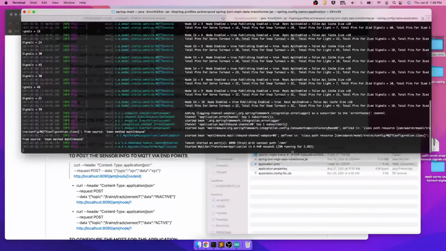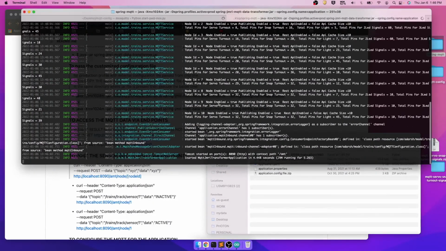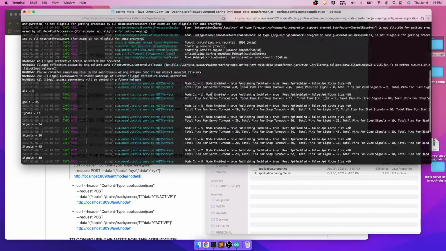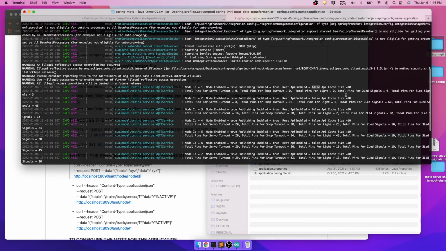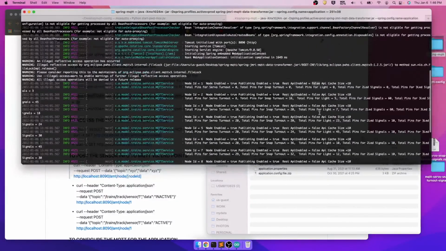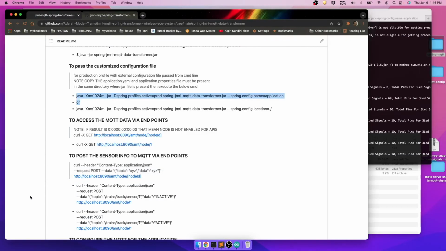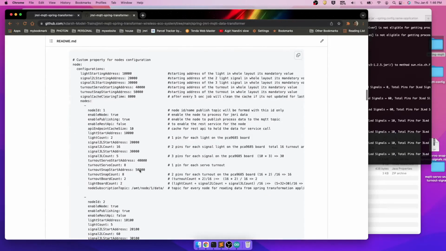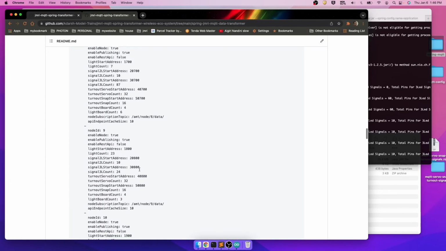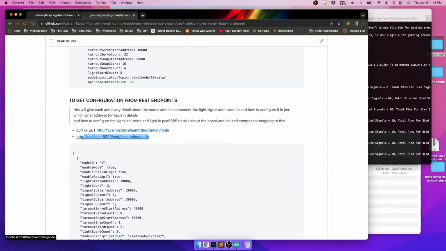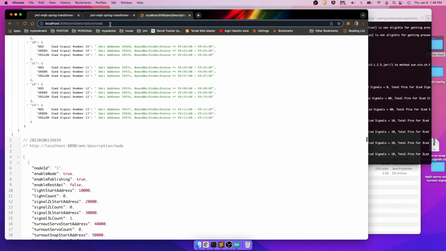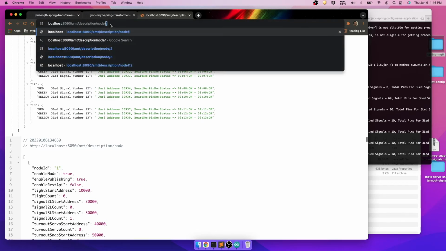So here in the transformer application console we can see we have a total of 10 nodes configured as of now. For node number 1, enable publishing is true, REST API enable is false, cache and all these sort of things. It will give you all the meta information which we have configured here, but we are mostly interested to see our configuration from the endpoint. So we'll go into the readme page of the Spring Transformer application a little bit down, and we can just copy this and paste it here. It will give the information for all, we need only for one, node number 1.